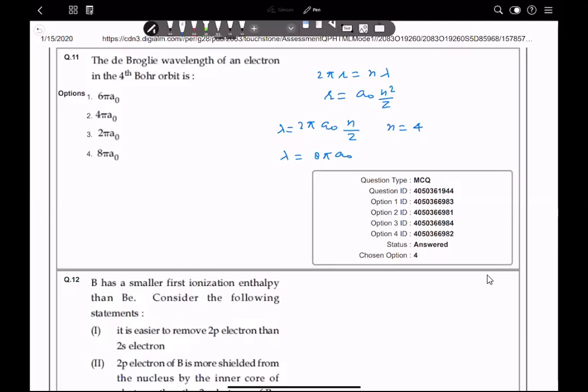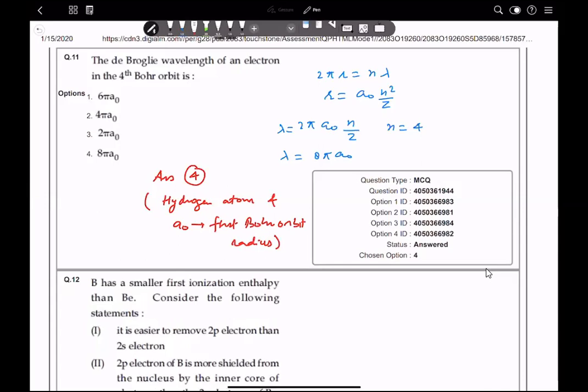So a naught has its usual symbolic meaning. Although it must be given in the question that a naught is the Bohr radius for hydrogen atom. As it is not given, we'll consider it for hydrogen atom. A naught is considered as the Bohr radius, the first Bohr orbit radius. So as per the given case, your answer must be 2. And you definitely understand your assumption is that we have done it for hydrogen atom, and a naught is the first Bohr orbit radius. This should also be in the question because other than that we can't solve this question.